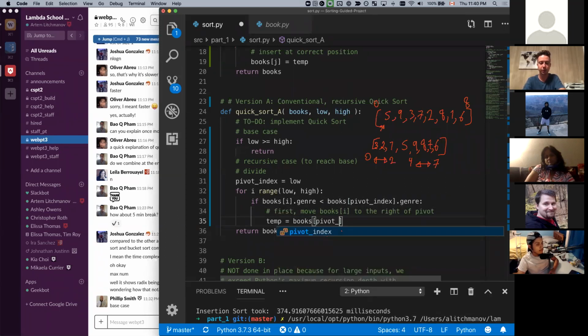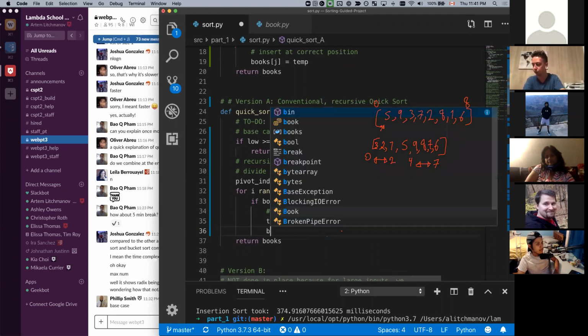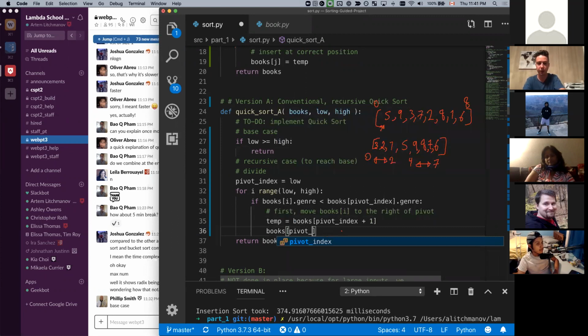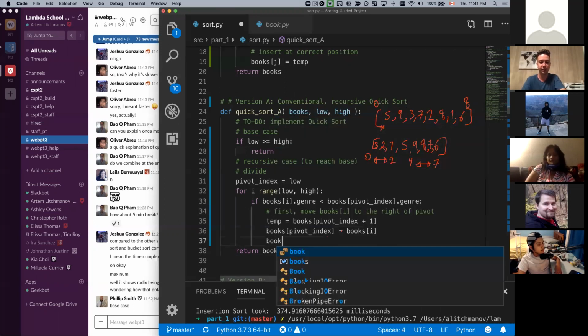So pivot index +1. So we want to move it to the right of pivot index. We're going to say books at pivot index equals books at I. So at this step, whatever was that book that had a genre that started in the alphabet earlier than the current pivot, or in this case, for example, if we saw like the number 3, we would first move it all the way over next to 5. And then whatever was in that value, which was 9, since we overwrote that, we will replace where it was